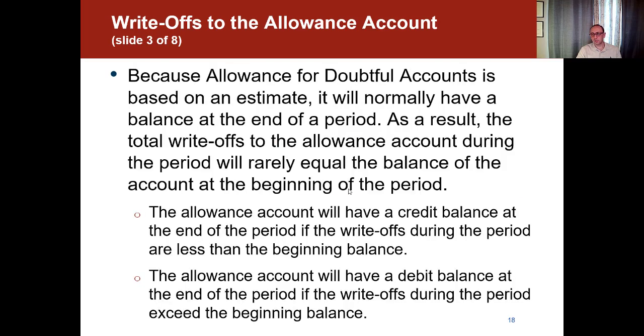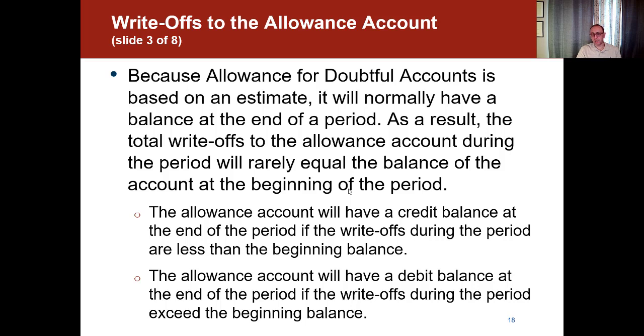So because allowance for doubtful accounts is based on an estimate, it will normally have a balance at the end of the period. As a result, the total write-off to the allowance account during the period will rarely equal the balance of the account at the beginning of the period. In other words, when we make the estimate, it is never going to be an exact estimate for the